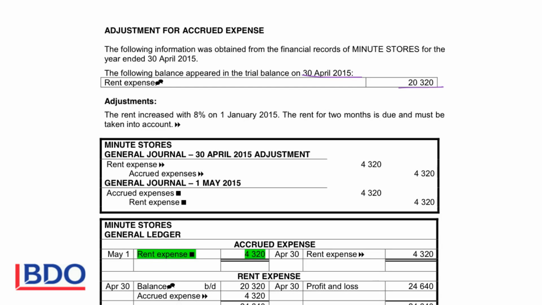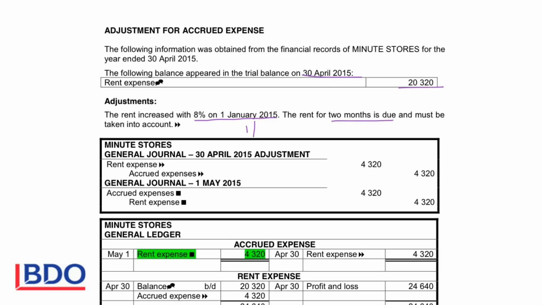Then rent increased with 8% on the 1st of January 2015. The rent for 2 months is due, so you still have to pay the rent for 2 months. And you must take it into account because when you do your financial statements, you must show the total amount for the financial year. If this trial balance is on 30 April 2015, it means that our financial year will